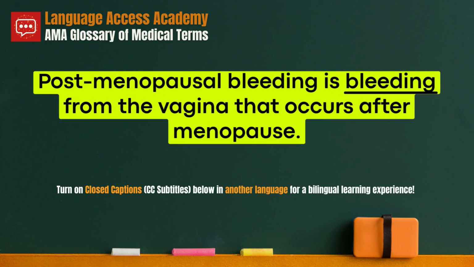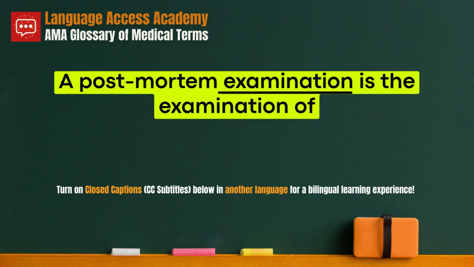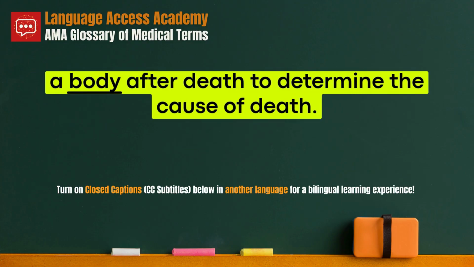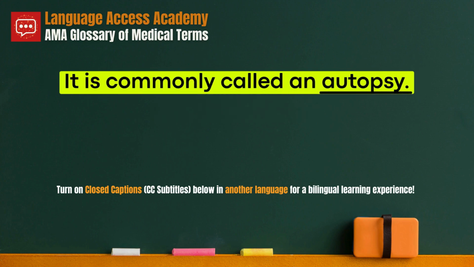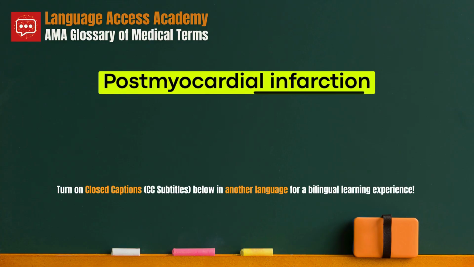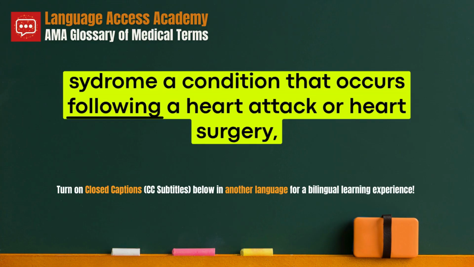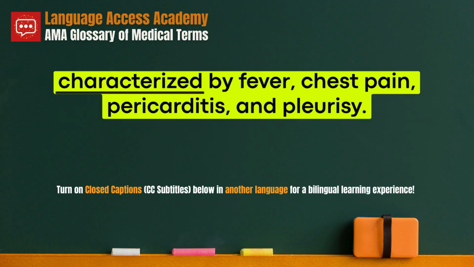Postmenopausal bleeding is bleeding from the vagina that occurs after menopause. A post-mortem examination is the examination of a body after death to determine the cause of death. It is commonly called an autopsy. Postmyocardial infarction syndrome is a condition that occurs following a heart attack or heart surgery, characterized by fever, chest pain,